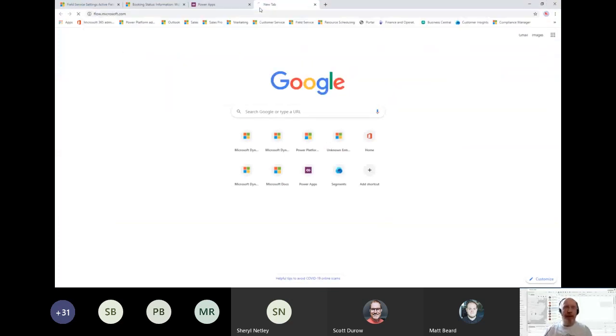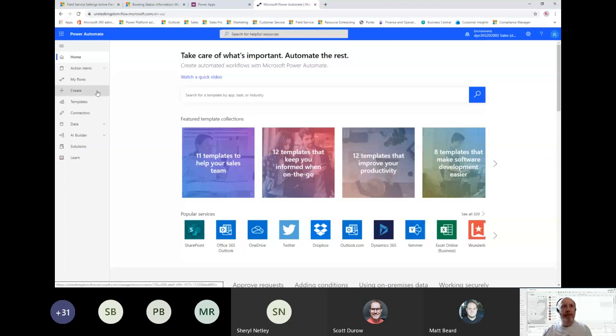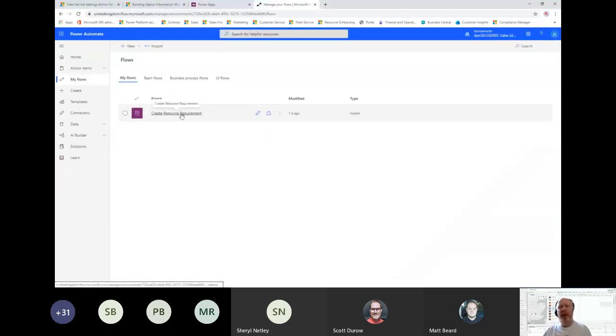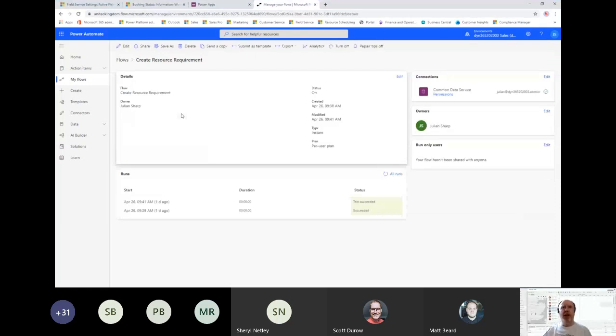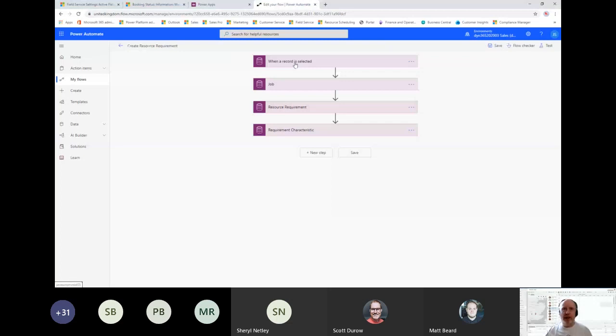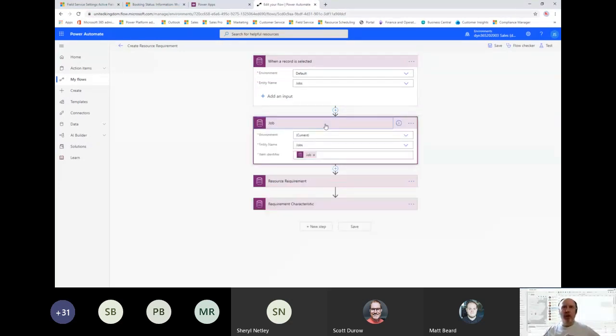Let me get Flow up. I need to show you Power Automate. I created a little flow. It's a simple flow. Just for the demonstration, I've created a flow that I'm going to start when the record's selected. So I'm going to start this from the job, a manual trigger on selected record. Because when you do on select, it doesn't give you all the fields,